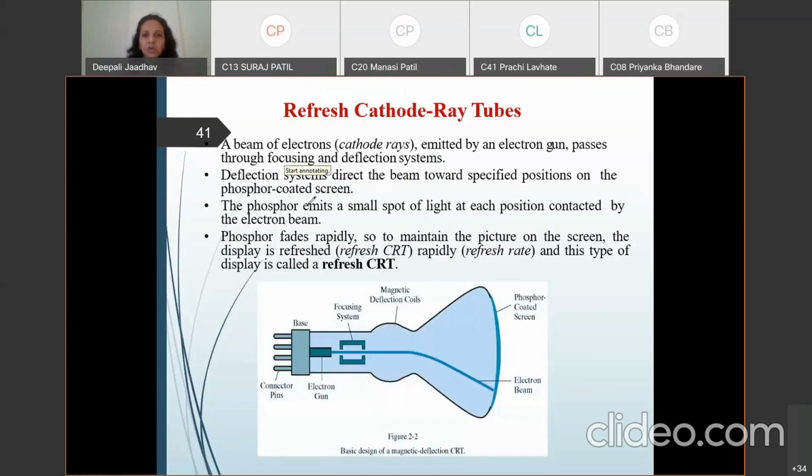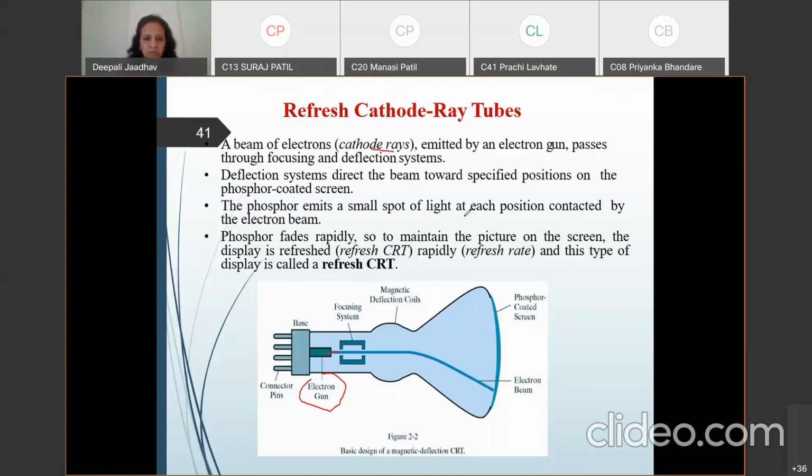We call them cathode rays, and that's why the name is cathode ray tube. A beam of electrons is emitted by the electron gun. Here you can see the electron gun, and through it a beam is generated and passes through the focusing system, and this is the magnetic deflection coil, or the deflection system, through which this electron beam passes.